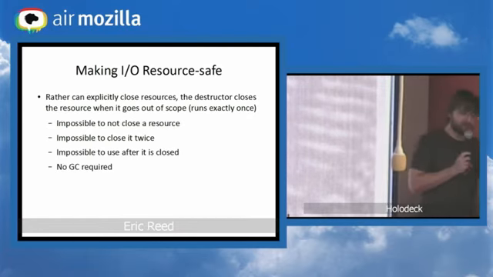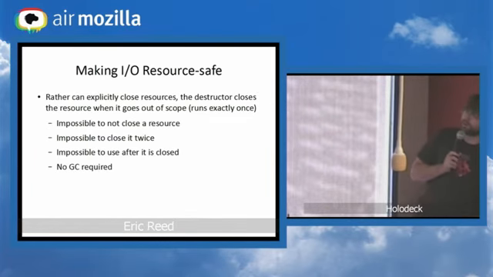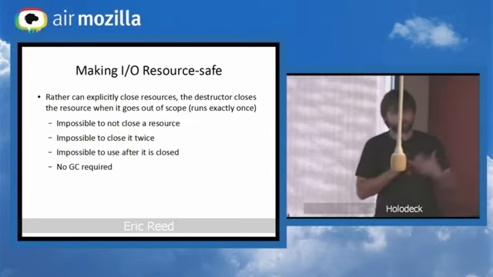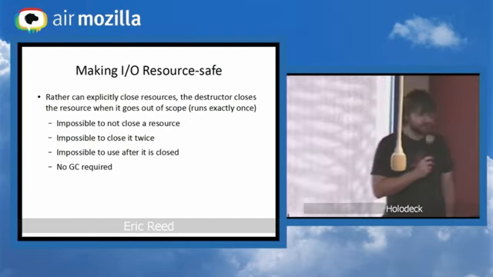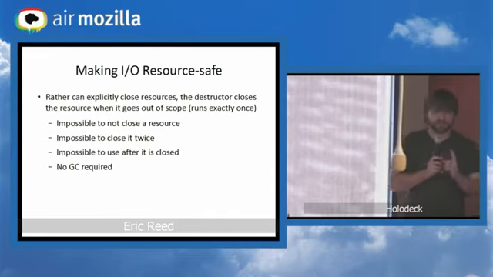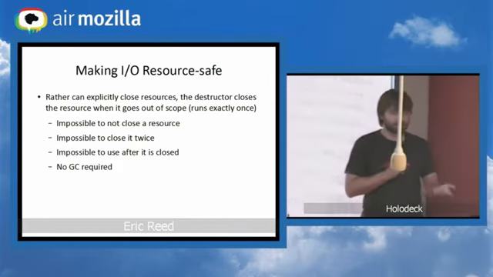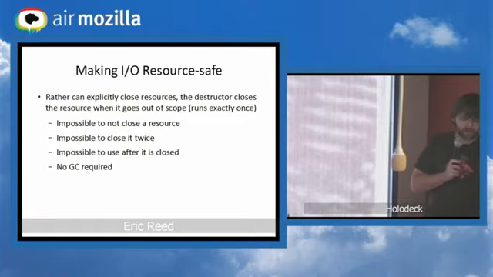So the way that we do this is we override the destructor for these IO handle objects. And the destructor is going to run exactly once, and it's going to call close. So it makes it impossible to not close a resource because the destructor is always